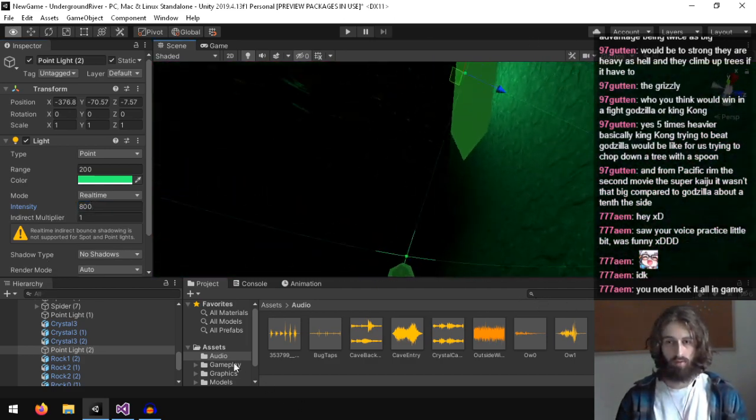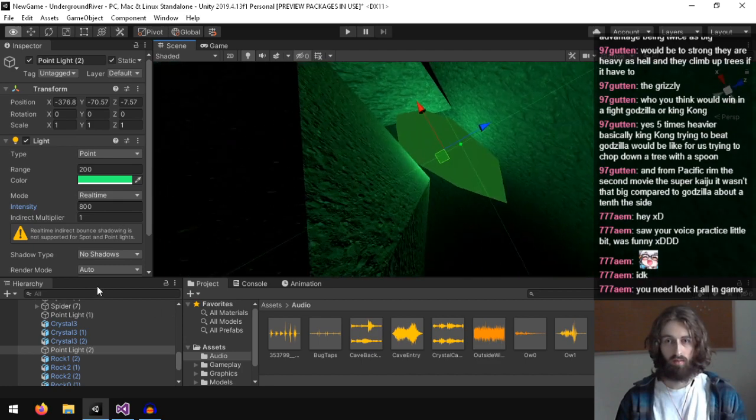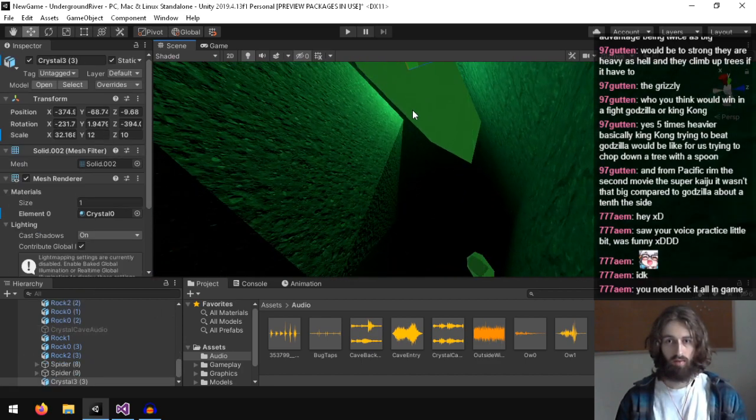I should make these crystals brighter color.